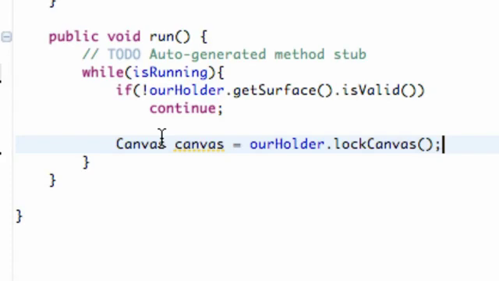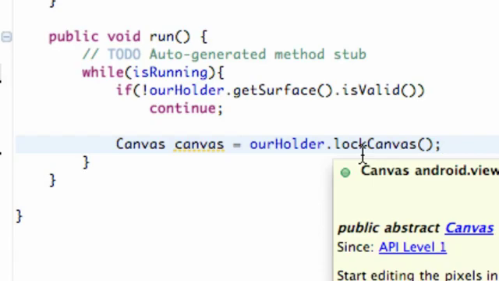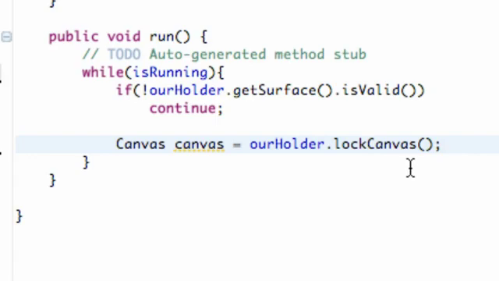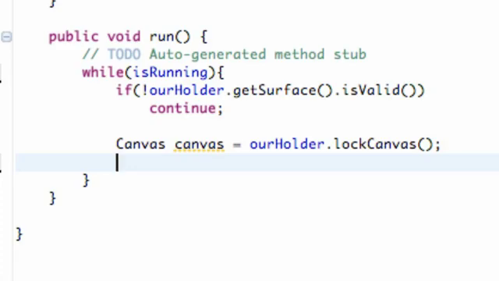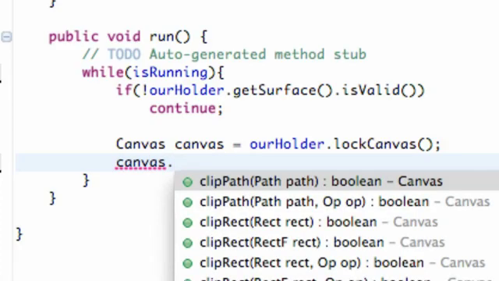So basically what's happening is we have this masterpiece, this great idea, and we want to paint it. So we're going to lock our door, then we're going to paint on our canvas, and then we're going to unlock our door and show the whole world what we came up with. That's basically what we're doing within this loop. We're locking the canvas so no other classes, no other activities, no other threads can access this canvas. That's the point of locking it. Once it's locked, this is where we're going to start drawing on it. So we're going to say canvas dot draw